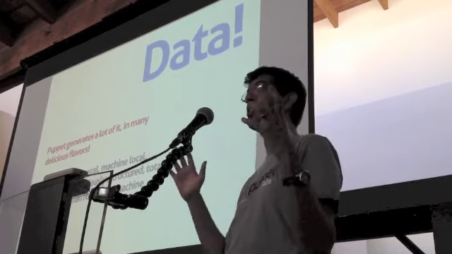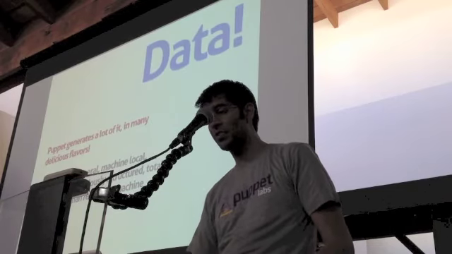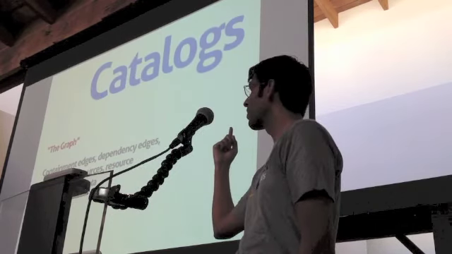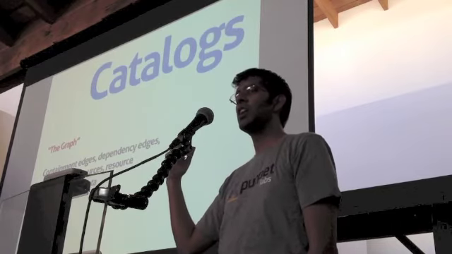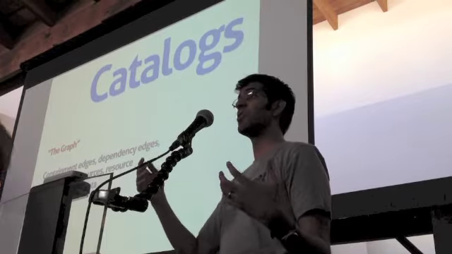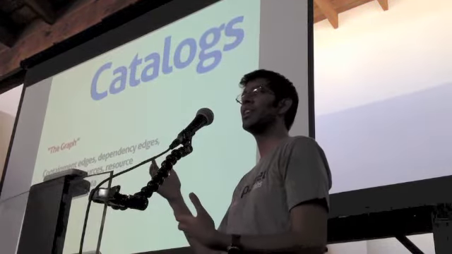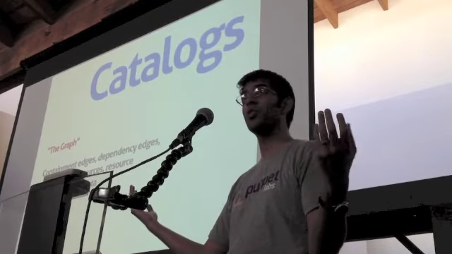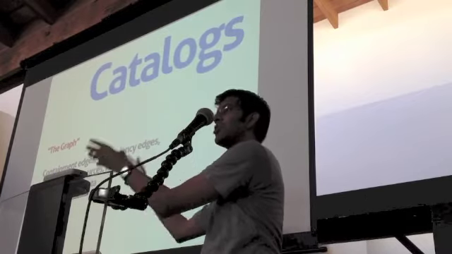So I'm going to go through a couple of different types of data that Puppet actually stores, just to give you some examples. Catalogs is the big one. When I say catalogs, what I mean specifically is that the catalog represents the set of things that you are managing for a particular machine. For every host, Puppet takes all of your .pp files and all of your Puppet code for a particular node, and then it compiles a catalog, which then gets shipped to the agent,